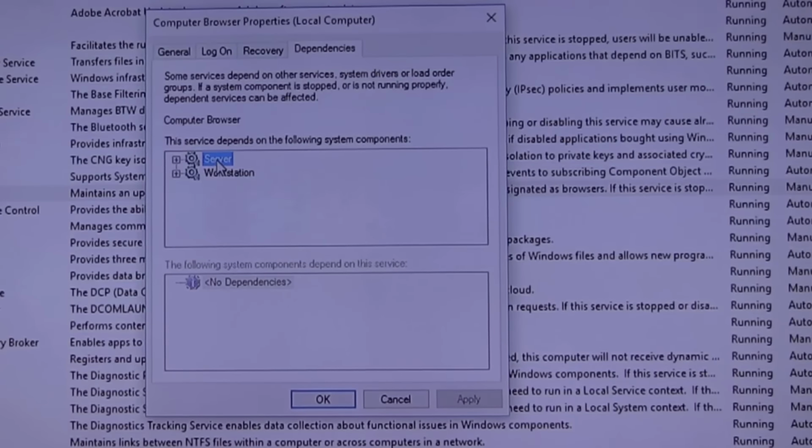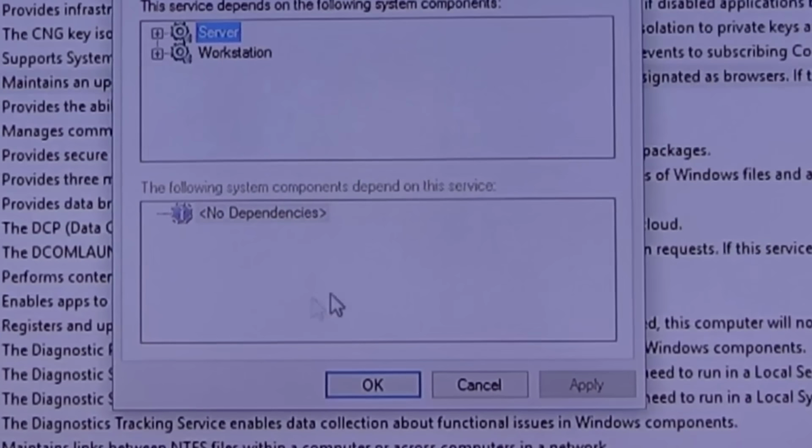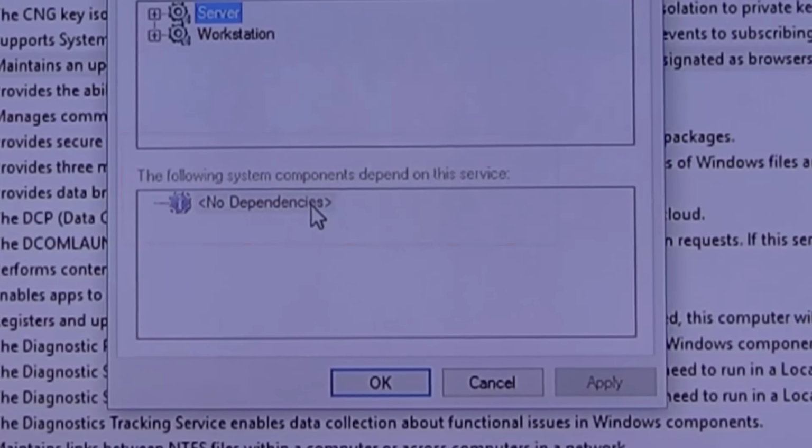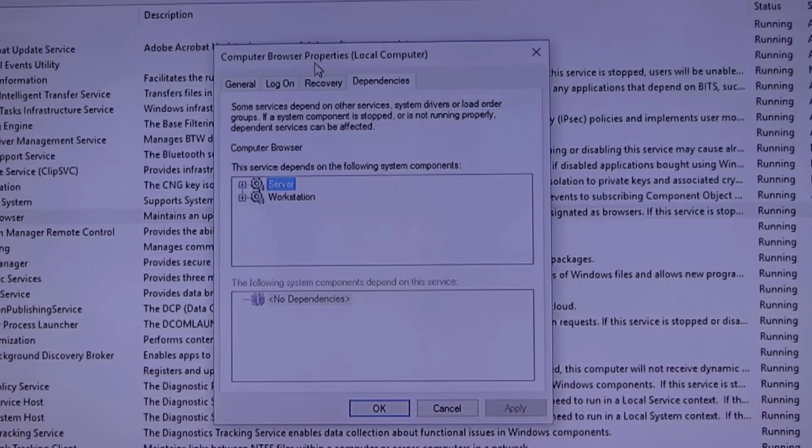So if I go and turn off server service or workstation service, this service will not run. Now look, there's also another dialog box. It says the following system components are dependent on the computer browser service. So there's software that are interdependent.